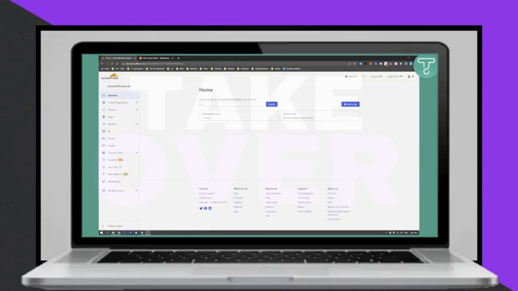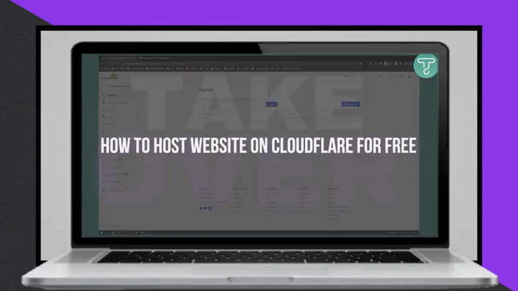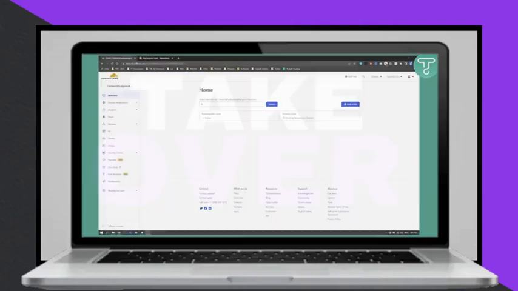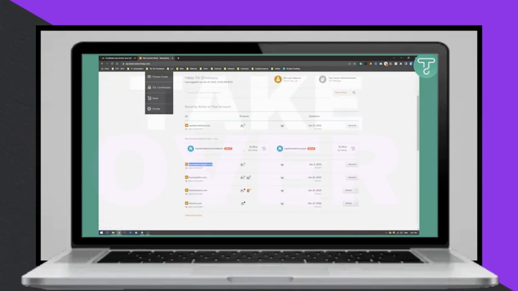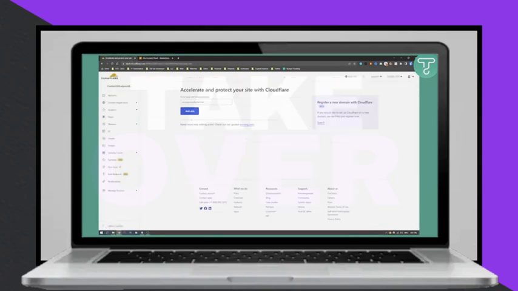To host a website on Cloudflare for free. Start by logging into your account and pasting your domain from your registrar. Once logged in, click on the site and proceed with the free plan, which includes features such as easy-to-use DNS,